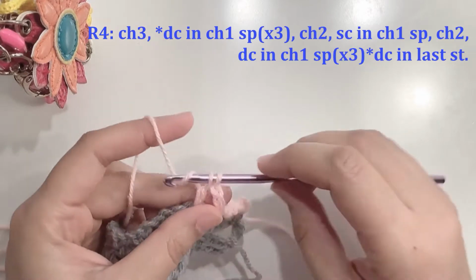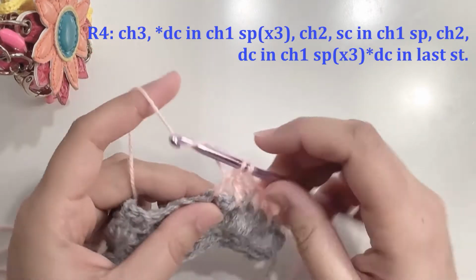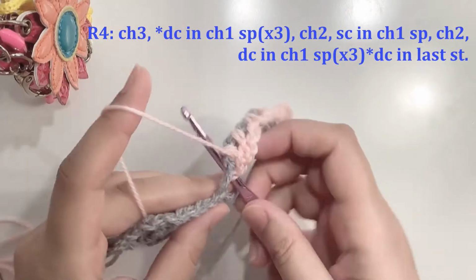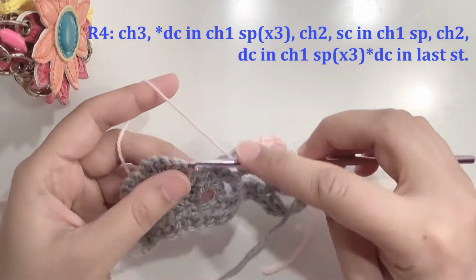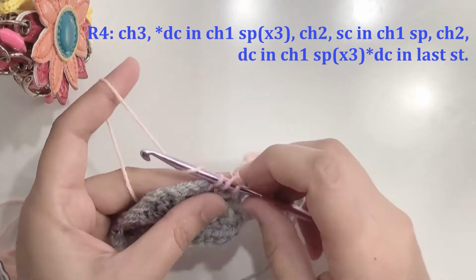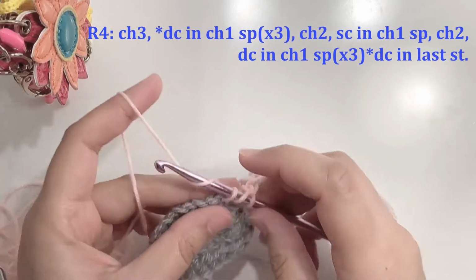1, make a double crochet in the next 2, make a double crochet in the next one, 3, and then we will repeat. So 1, 2, 3,